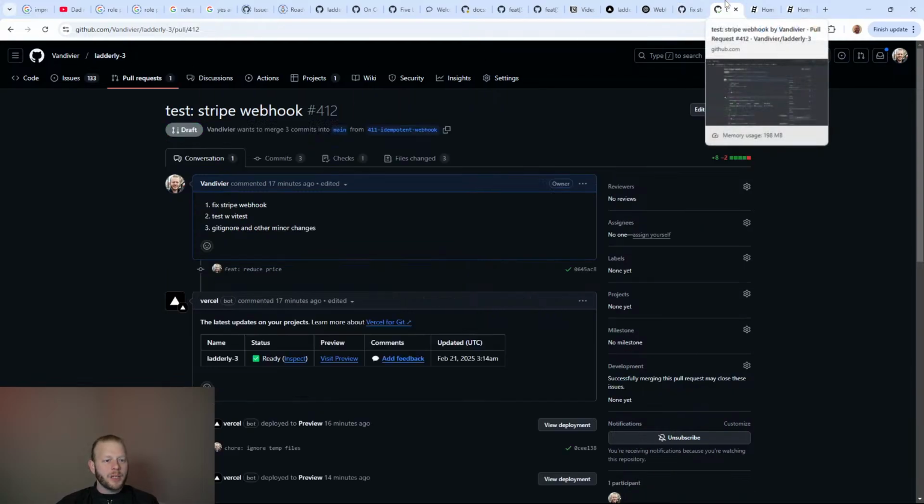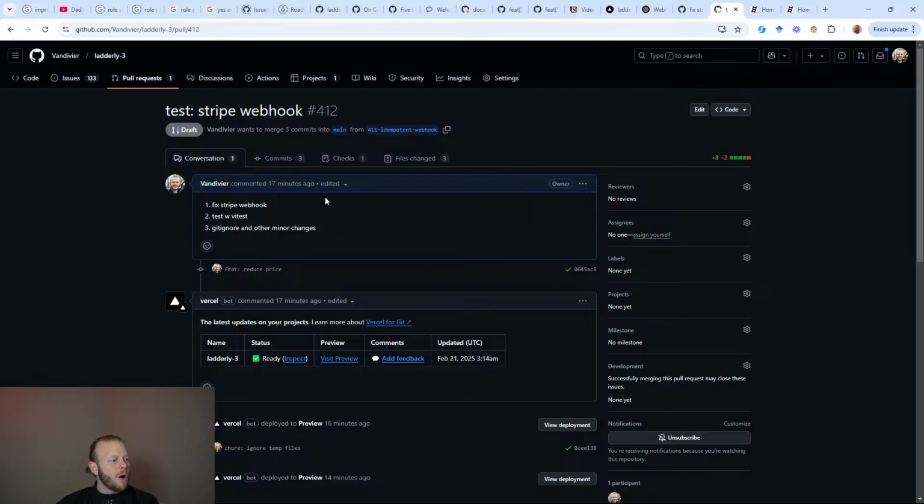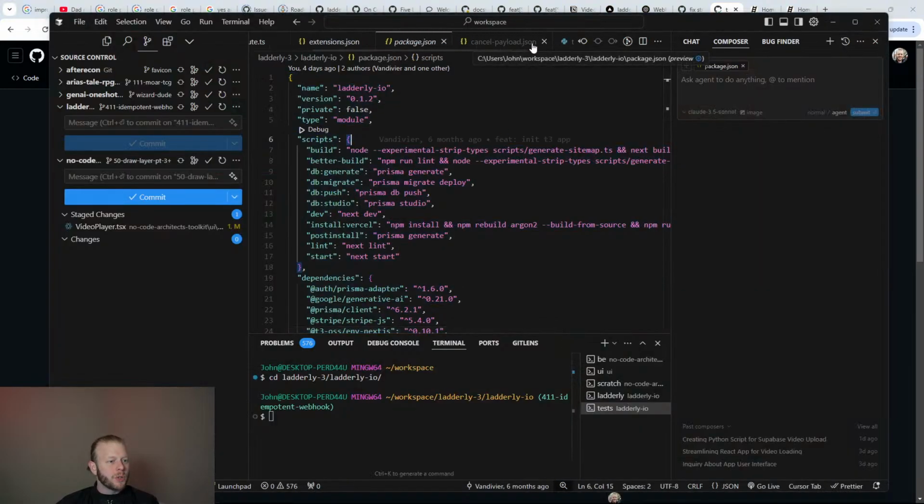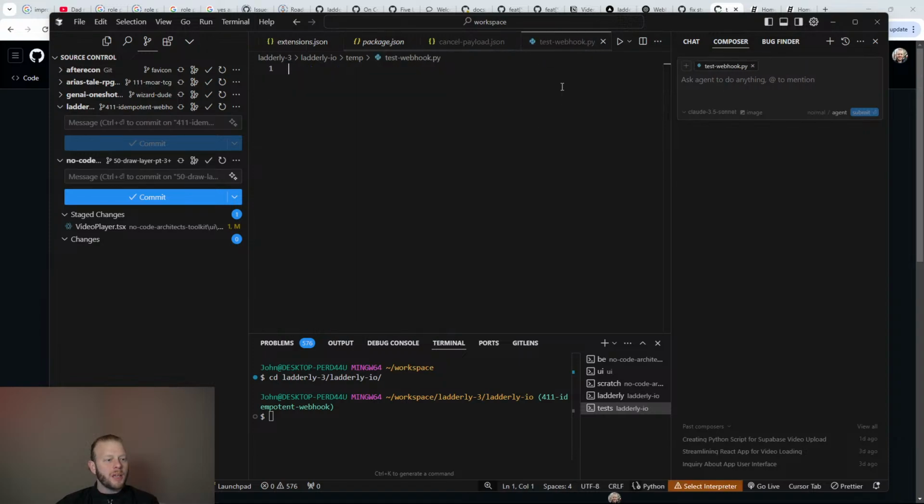Okay, so some steps that I've already taken. I made the GitHub issue. I started a pull request and I copied an example payload to this cancel payload.json. And then we may use a Python script for automated verification, but what would be better than that is an automated test that runs and catches possible regressions in the future.